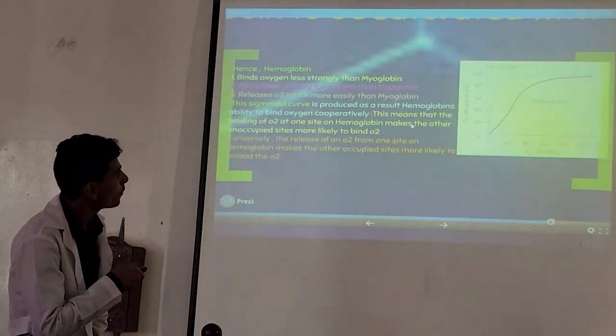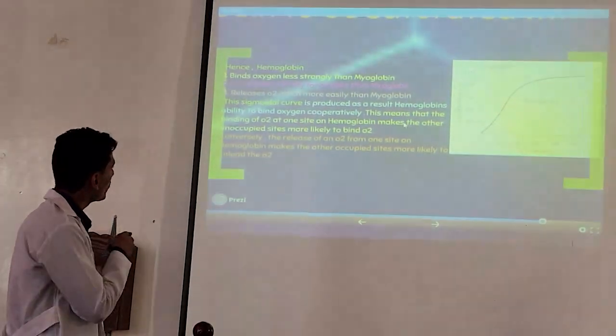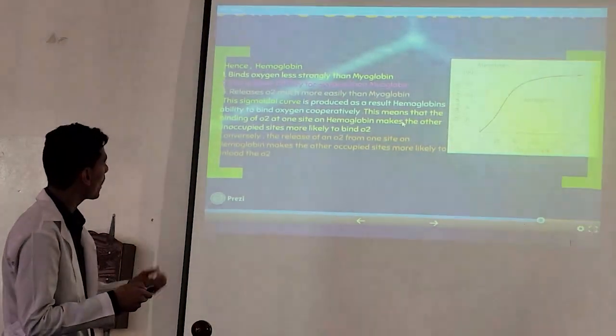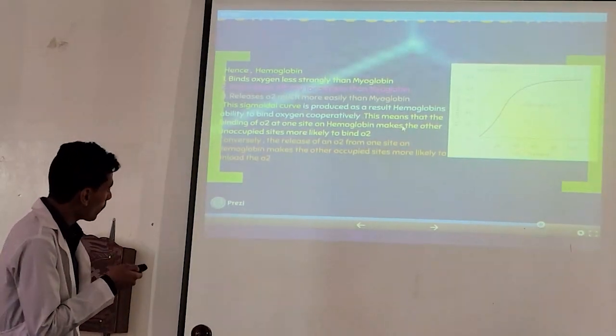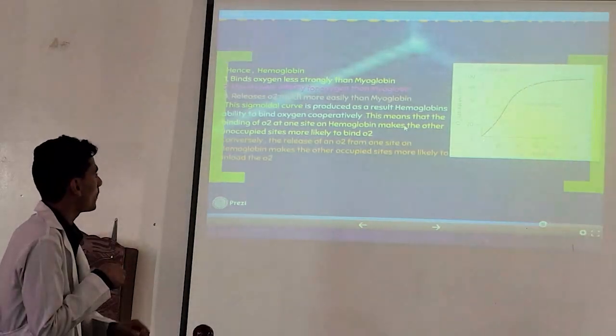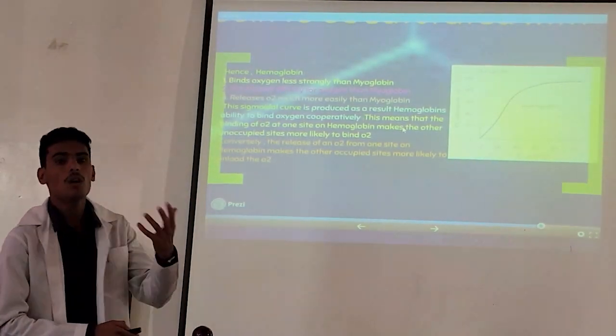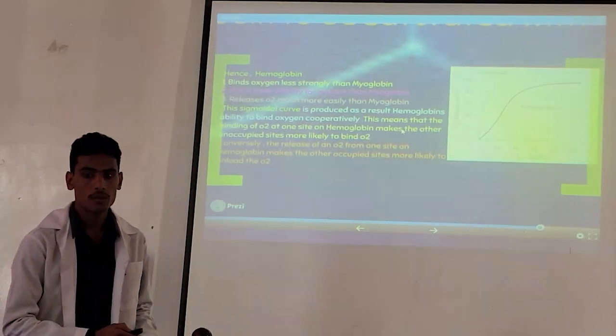So this curve describes the properties of myoglobin and hemoglobin. Hemoglobin binds oxygen less strongly than myoglobin, has a lower affinity for oxygen, and releases oxygen much more easily than myoglobin. Why can hemoglobin release the oxygen more easily than myoglobin? Because